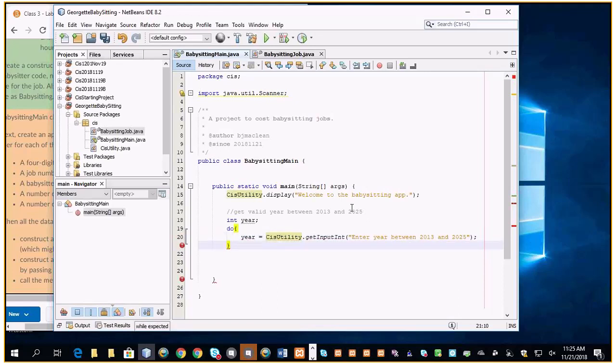So I'm going to keep asking them for a year. I'm just going to store it in a local variable, right? And the reason I didn't declare the year inside here, does anybody know why? Like I didn't declare int year in here. If I do, that's fine for right there, but I can't use it in my condition. I want to say do keep asking them for a year while